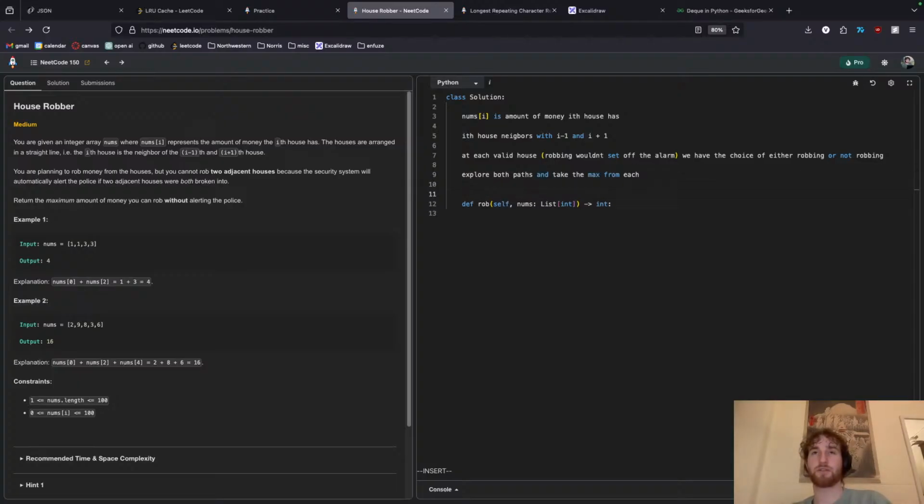Pretty much what I'm thinking is we start our DP that takes in an index. Our index is between bounds of nums. And go to, then try to explore the max between